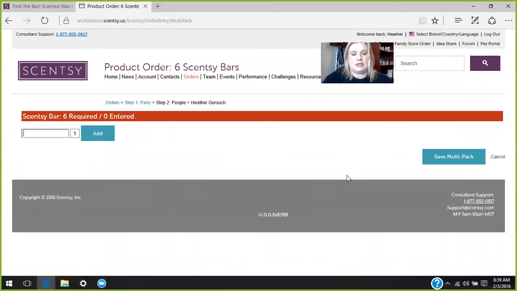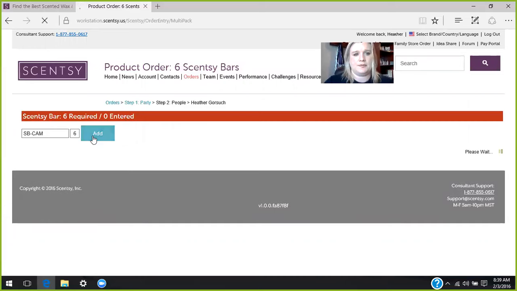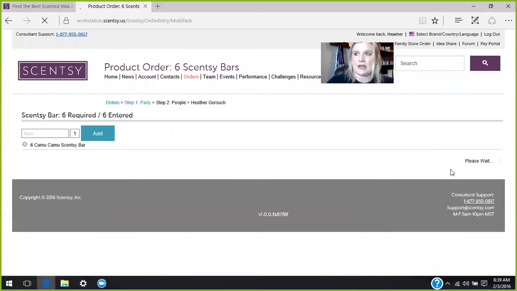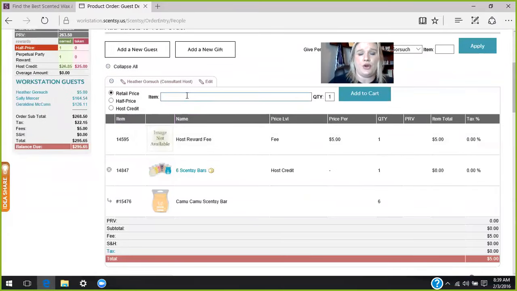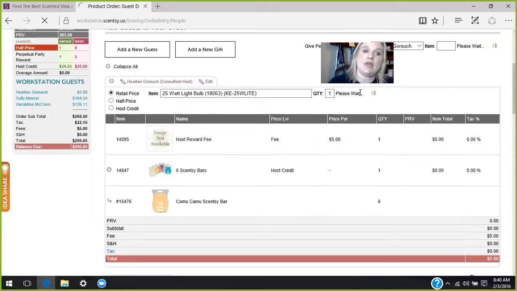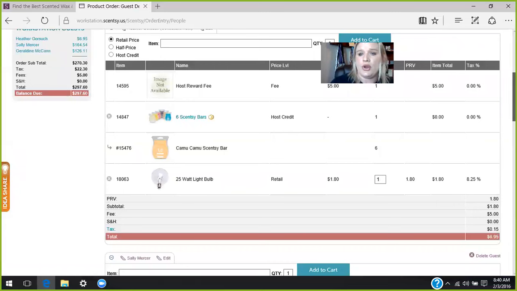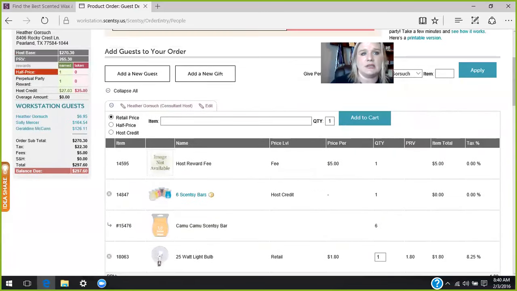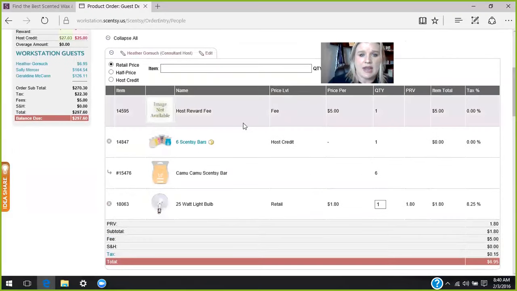Okay, and she's going to get Camu. She wants 6 bars of that. Okay, save multi-pack. Okay, so let's see. We've got, so $1.85 left over. So what she's going to go ahead and do is just get a 25-watt light bulb, and she's going to pay the difference. So you can go over, and notice our PRV is $263.50. So when she went over her 20 cents, anything she goes over in PRV, it attaches to our PRV. So we get paid on it if she goes over, okay? So that has used up our free,